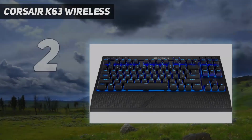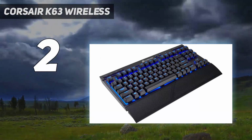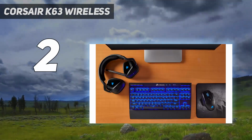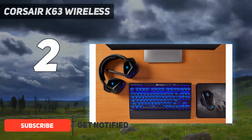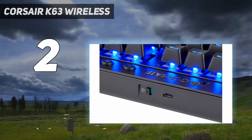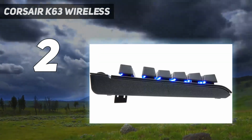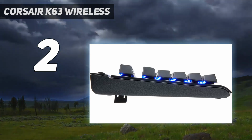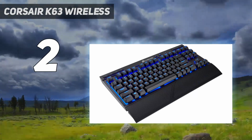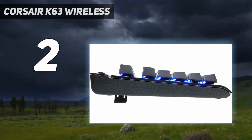Corsair K63 Wireless. The Corsair K63 Wireless may carry a $109/£119 MSRP, but in reality we haven't seen this cheap wireless gaming keyboard go above $100/£100 in a seriously long time. Design: if you're simply after a wire-free setup, and don't mind losing out on some of the more premium features, this is a must-see. The TKL design keeps that footprint small on your desktop, and also provides space for wider